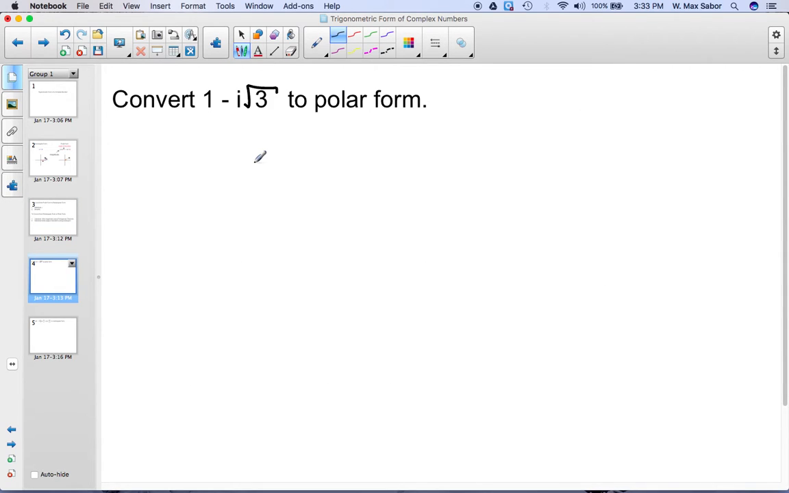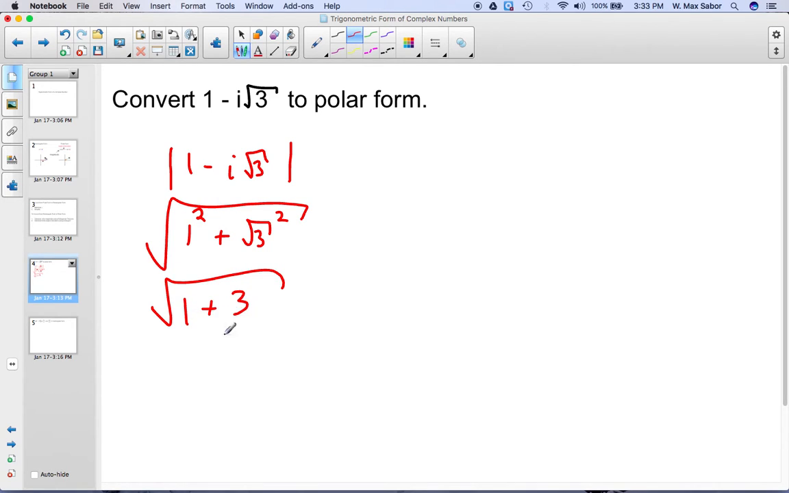Let's see. If we have this, first we want to, well, this is already in rectangular form, so we'll want to convert it to polar form. First we want to find the magnitude. So what is the magnitude of this? Well, it's written like this. We'll use Pythagorean theorem. So that's 1 plus 3 or 4. So the magnitude is 2. Now that's not the answer. That's just the magnitude. And now we want to figure out what the angle is,